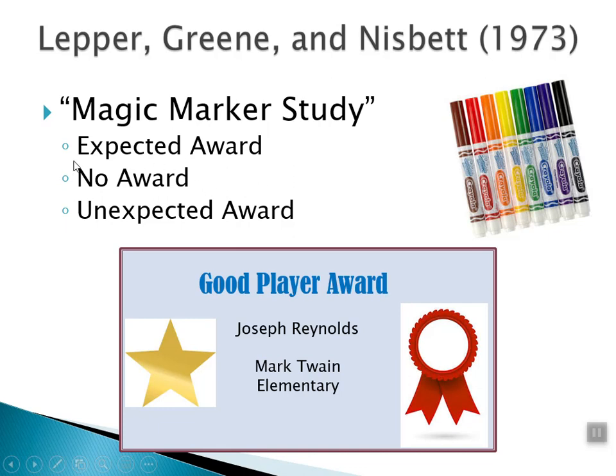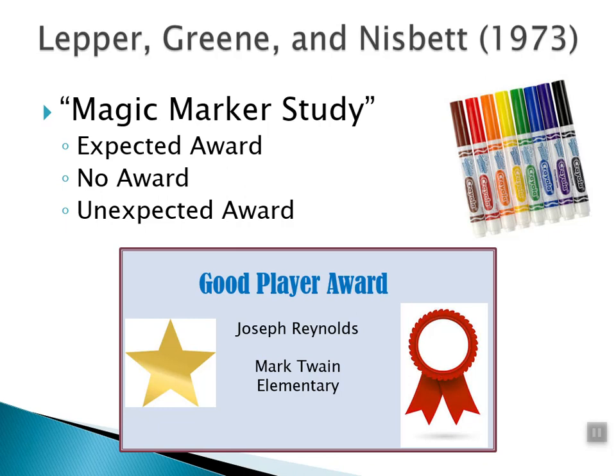Another group of kids, they weren't told anything about an award, so that's considered the no award group. They were still asked to draw a picture though. The other group, they were asked to draw a picture. They weren't told anything about the award initially, but after they drew the picture, they actually got an award that looked like this. So the researchers decided they couldn't really ask kids that age how much they enjoyed doing the drawing. So they came up with a pretty innovative way to assess how much they had enjoyed coloring with markers.